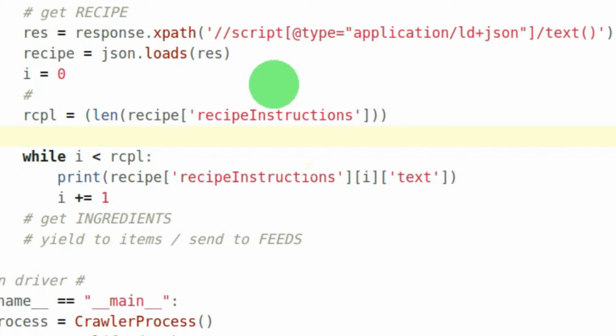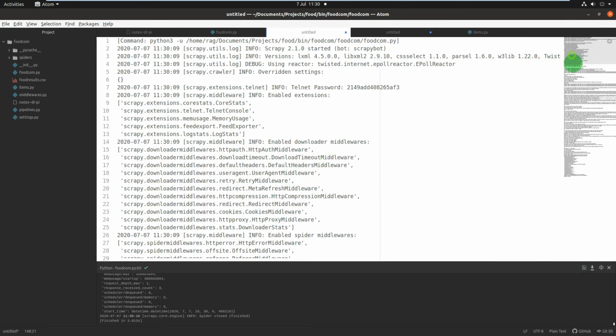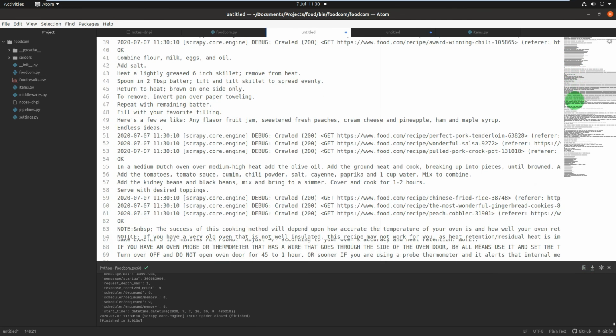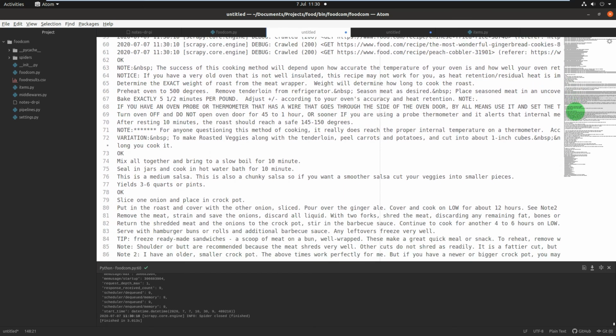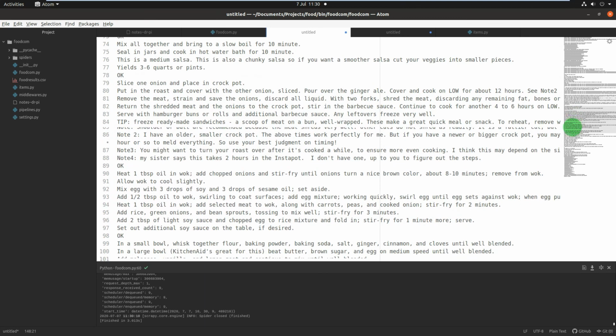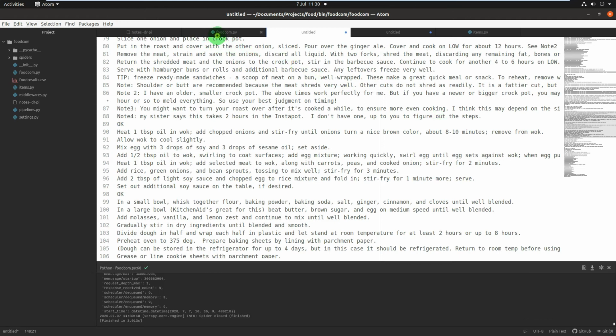And this time I'm hoping it's just picked out the text and not the start of the dictionary. Yeah, perfect. That is fantastic. So we are now ready to assign that to